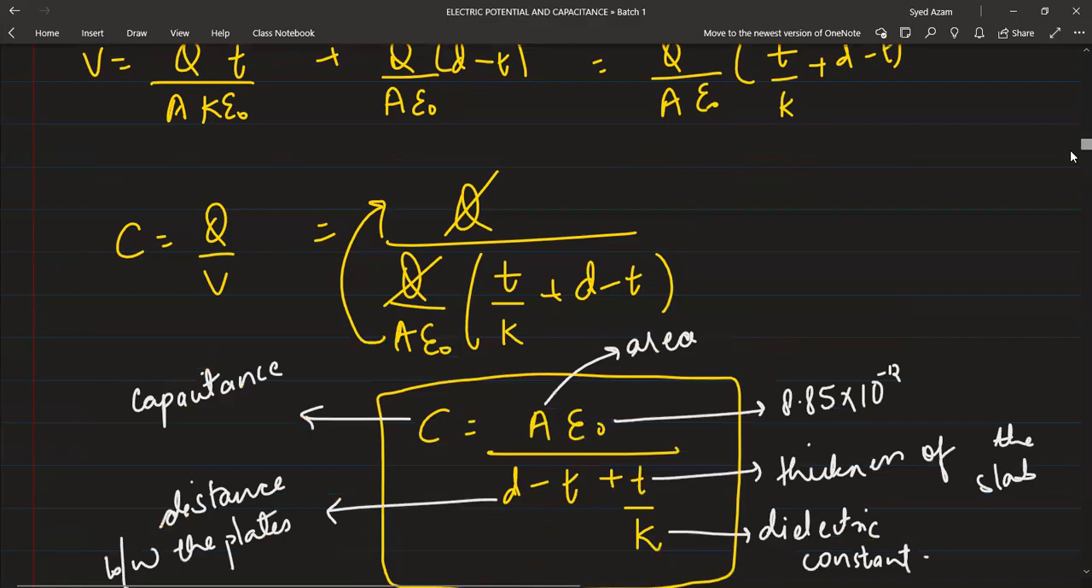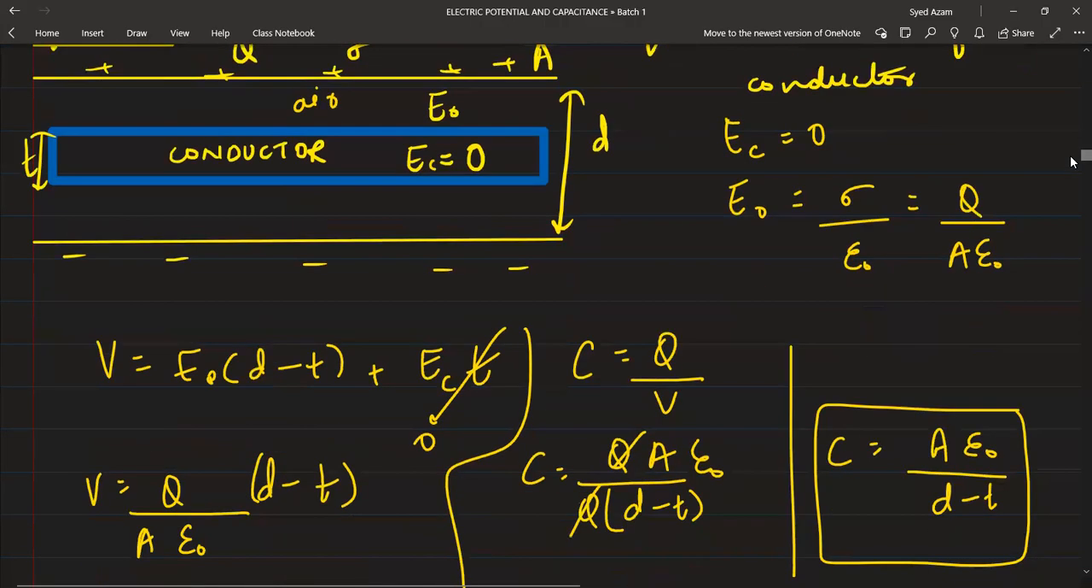So this is the formula. Again, if a conductor is there, the electric field inside the conductor is 0. So again, the same steps will be followed. Electric field 0, this will be sigma by epsilon naught. And when the sigma by epsilon naught is left, the dielectric slab part is 0 because here it's a conductor. So this is the way you have to calculate net electric field, net potential,